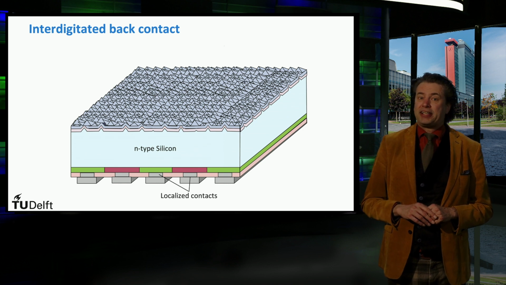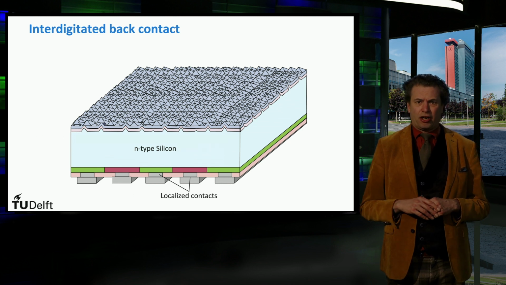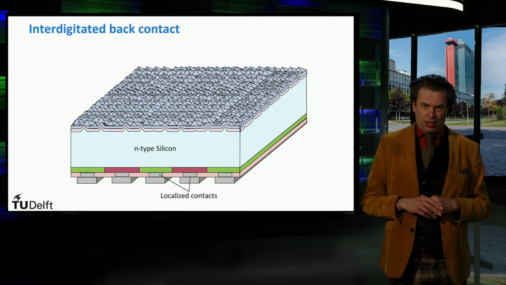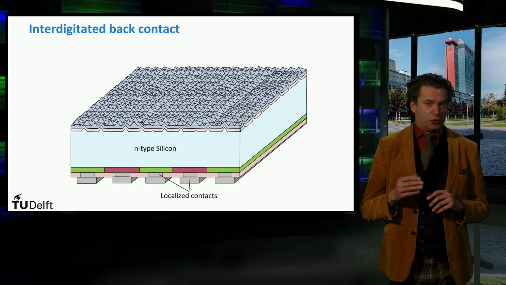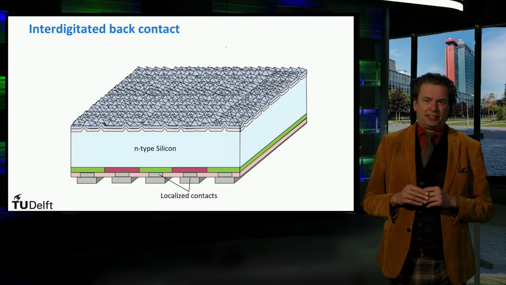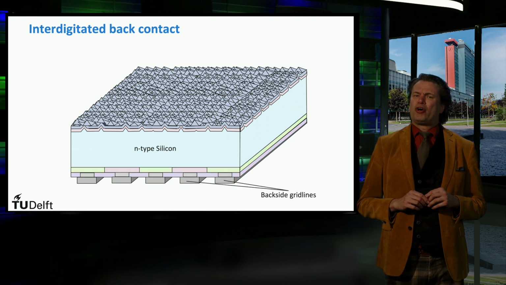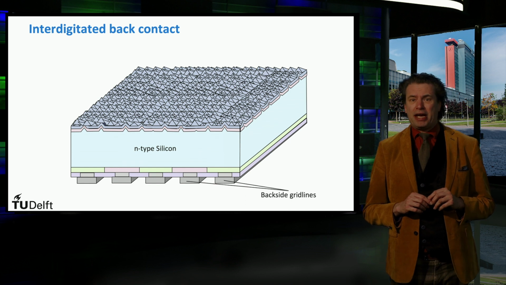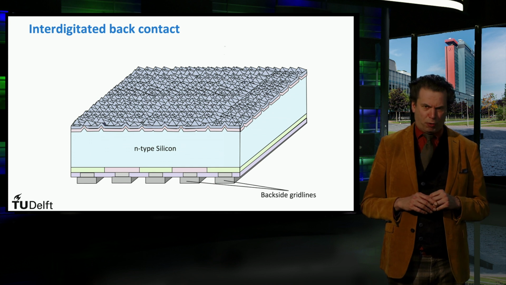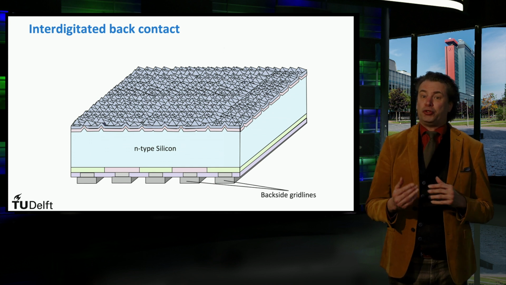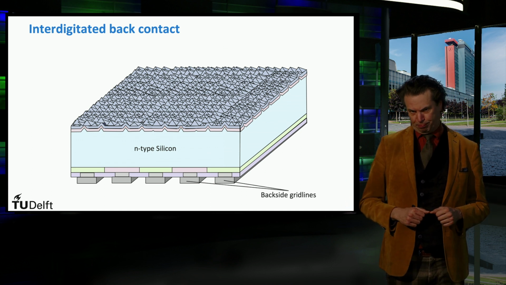The holes are separated at a junction of P plus and the N-type silicon, whereas the electrons are collected using an N plus type silicon. The semiconductor metal interface is kept as small as possible to reduce the unwelcome recombination at this defect-rich interface. Another advantage is that the cross-section of the metal fingers can be made much larger to reduce the resistive losses of the contacts as much as possible. The fact that the contacts do not cause any shading losses at the back allows them to become larger.